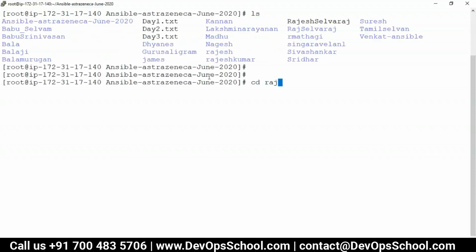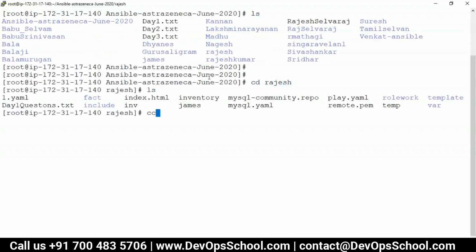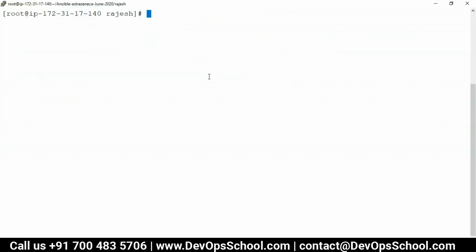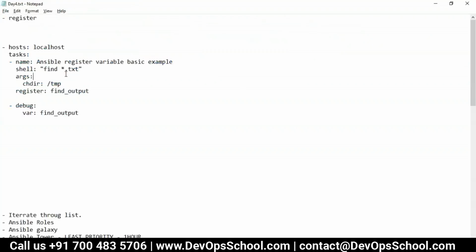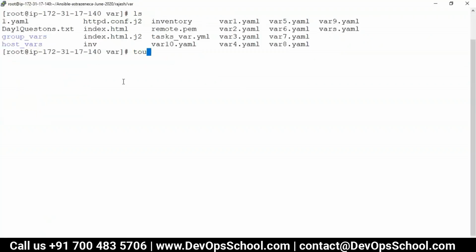So Rajesh, cd var. Now here I'm using tmp, so I'm creating one file in temp, touch rajesh1.txt.